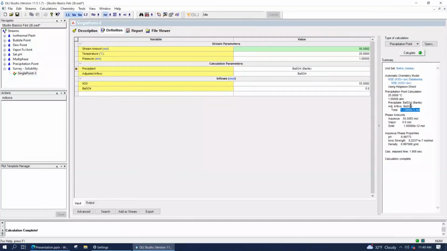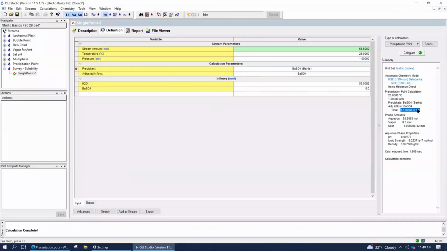So barium sulfate weighs about 234 grams per mole. Essentially, if you take this number here, we're looking at maybe 23 parts per billion, something like that, if I did that right. Sorry, I may have done that math wrong, but essentially that's a small concentration. No, it's 2.3 parts per million. There's the answer. 2.3 parts per million.